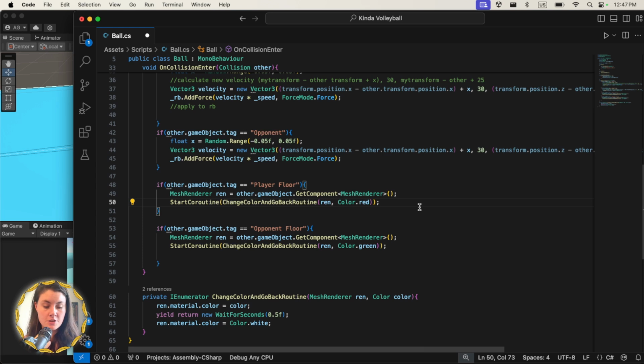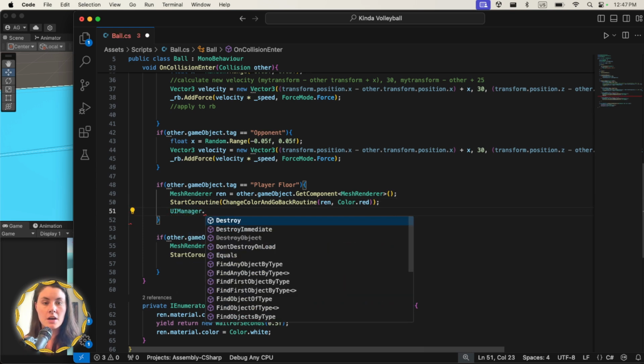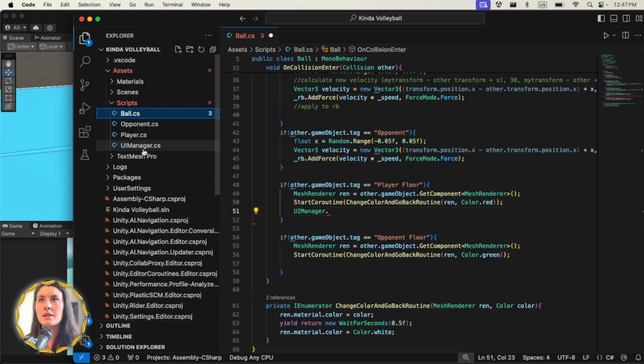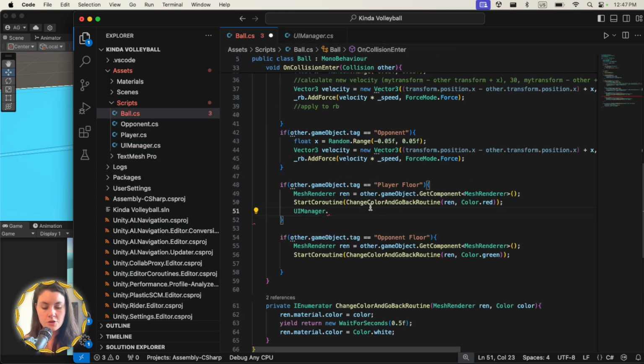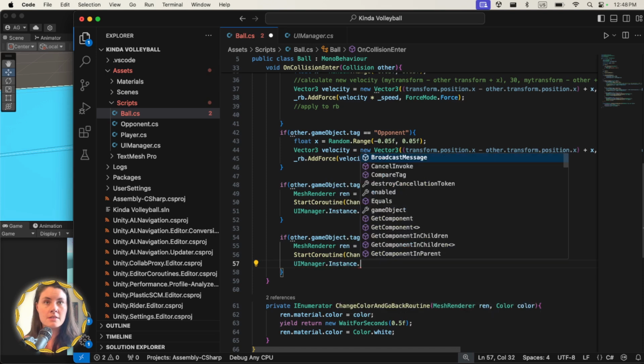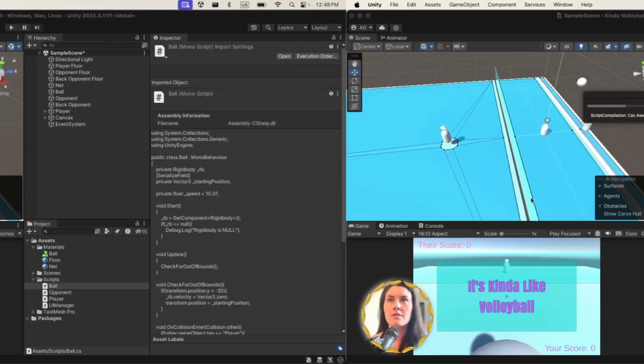And lastly, let's actually add those points. So we're going to say UIManager dot, what was the method called? Look at this. UpdateYourScore and UpdateTheirScore. So UIManager.Instance.Update. So when it hits the player's floor, it's their score. Yep. And then UIManager.Instance.UpdateYourScore. Okie dokie. Let's go ahead and save our script and let's see if we can get points and